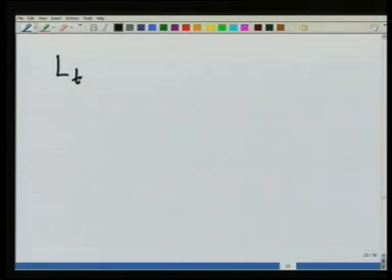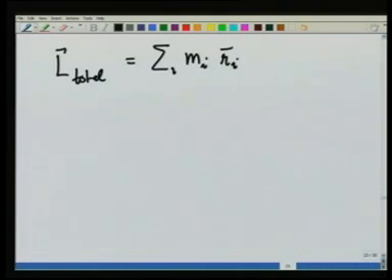We can use this definition now to relate the total angular momentum to the angular momentum of the center of mass and angular momentum about the center of mass. Recall from our previous lectures where I was talking about center of mass, and I kept on emphasizing the center of mass is a very, very important quantity, and we will use it again and again, and you will see in rigid body dynamics it becomes a very central concept. So, let us now write L total, which is equal to summation i m_i r_i cross v_i